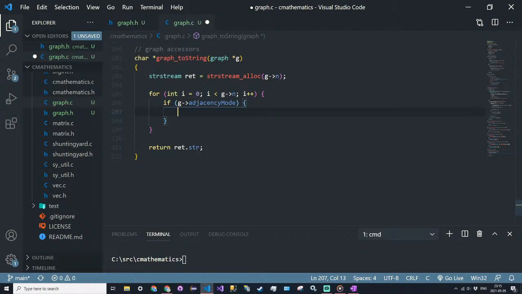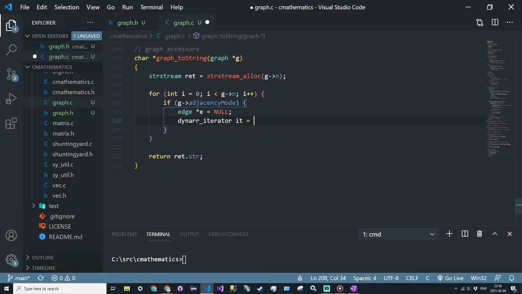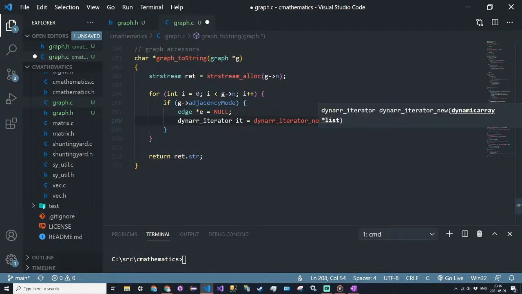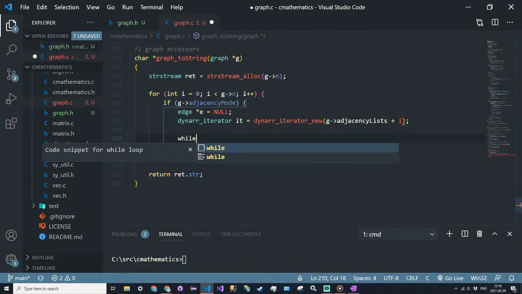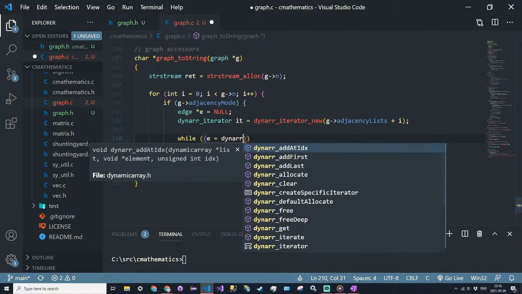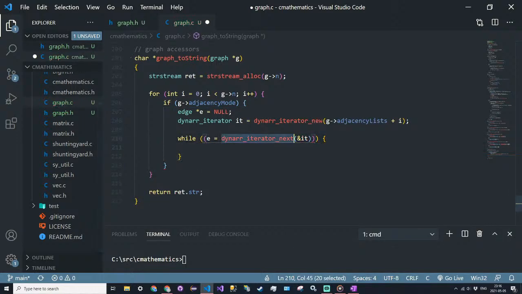if we have our lists, we need to iterate through the list. So we're going to say edge pointer e is equal to null, and we're going to use our dynamic array iterators. So dynamic array iterator it is equal to dynamic array iterator new, and the list to iterate through will be g.adjacency lists plus i, and then while e is equal to dynamic array iterator next, passing a reference to it, has some value, so while we get a value from the next method,